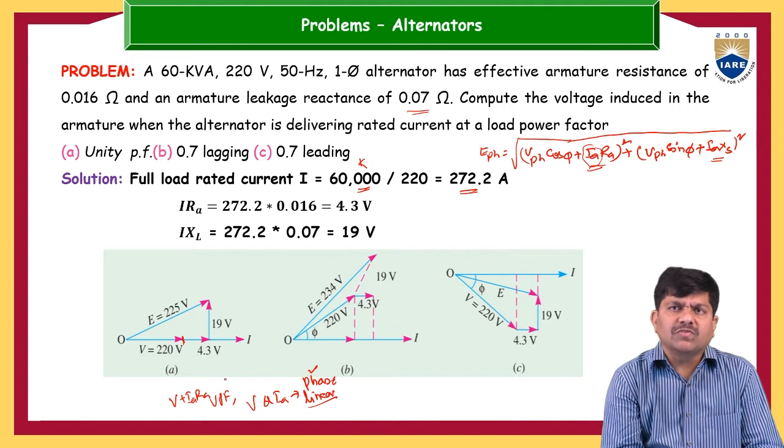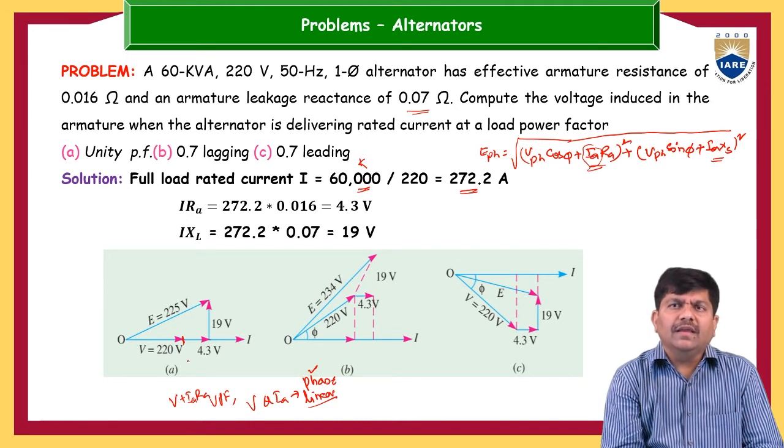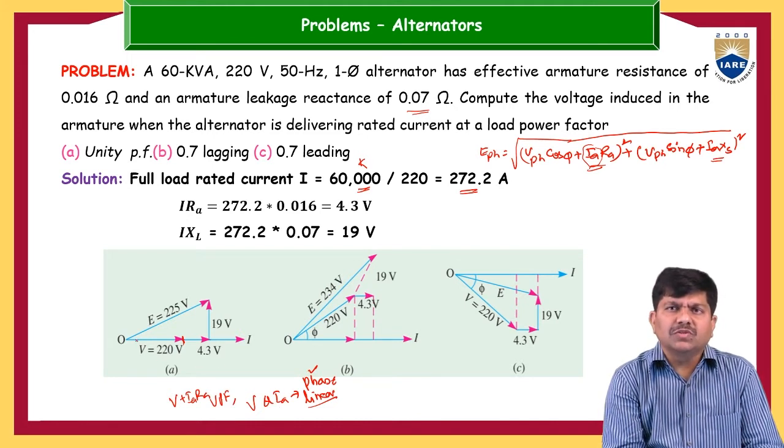Exactly, these are nothing but the phase quantities. So I_a R_a is in phase with the voltage. So this is the voltage, and this drop will become I_a R_a. Already I R_a is 4.3. For 220, let us add 4.3. Then from there I X_s, because it is j into I X_s, so this is the perpendicular component.